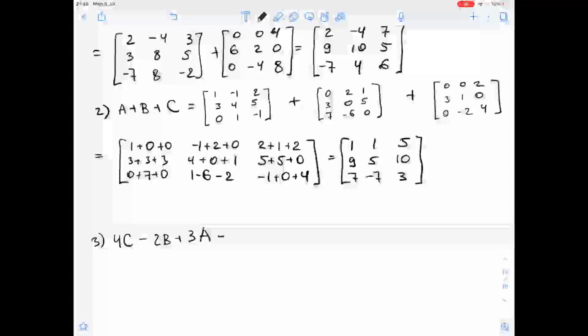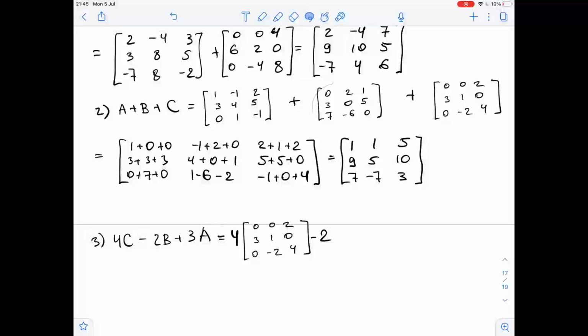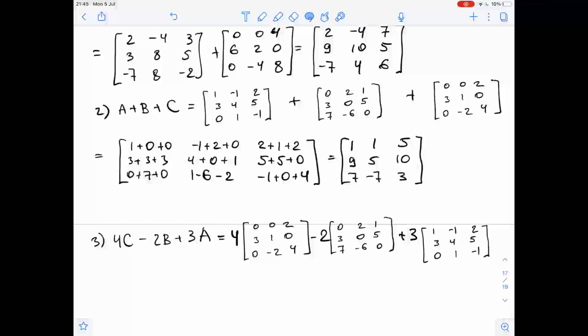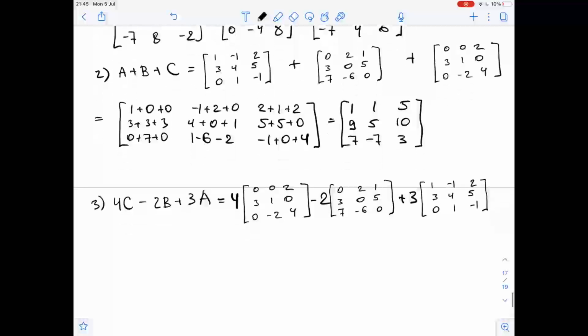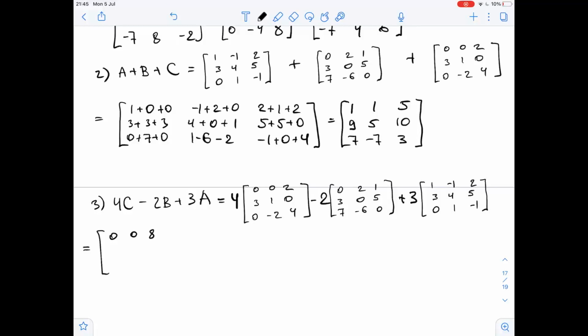So it equals 4 times matrix C minus 2 times matrix B plus 3 times matrix A. So again, we start by doing scalar multiplication. So here we have 0, 0, 8, 12, 4, 0, 0, negative 8, 16,